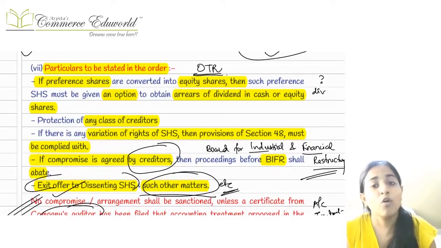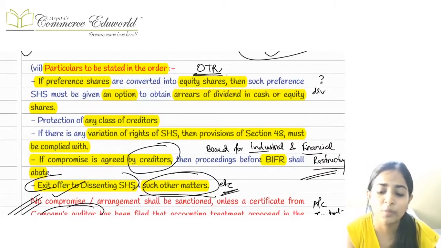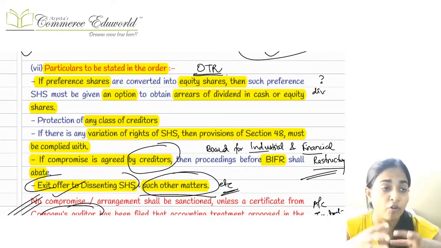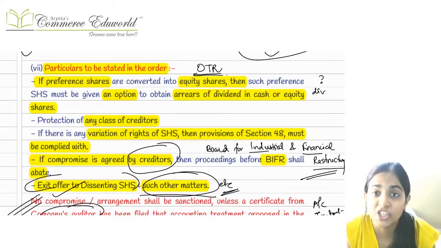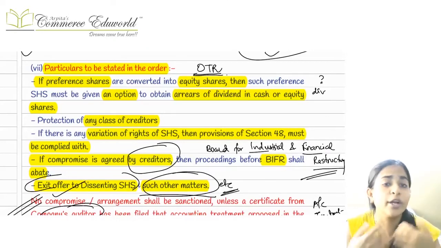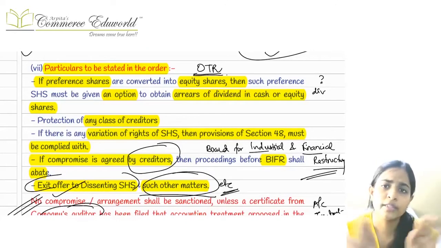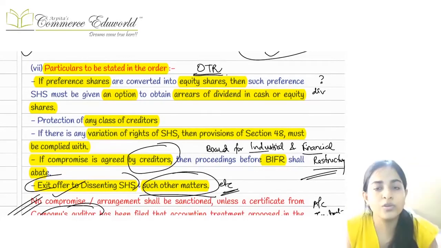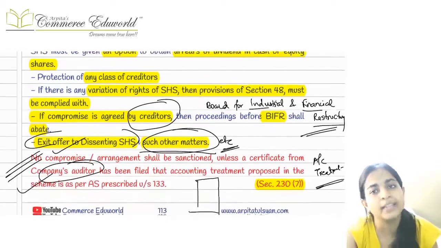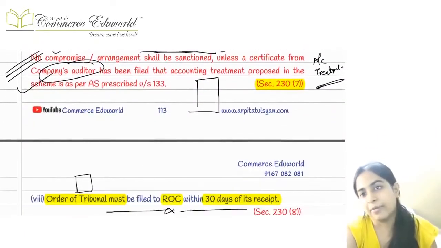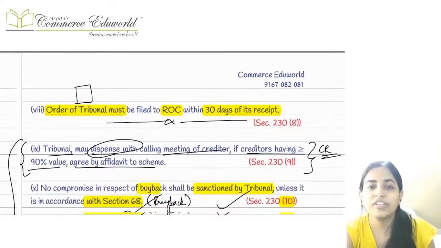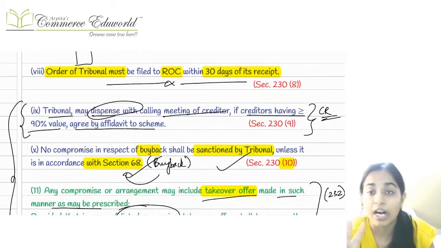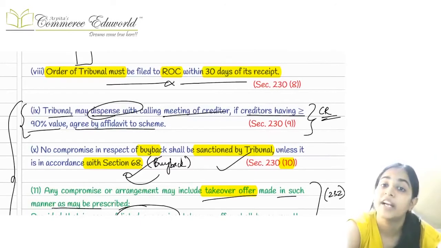Okay, for example, what is to be done with the preference shareholders, what is to be done with the other small creditors, whether you are going to issue shares with differential voting rights, what you are going to do with the dissenting shareholders. Whatever is supposed to be implemented, all of it will be written in this particular scheme and approved by the tribunal. Then even the auditor has to give a statement that the accounting treatment has been given as per the respective accounting standard as per section 133.